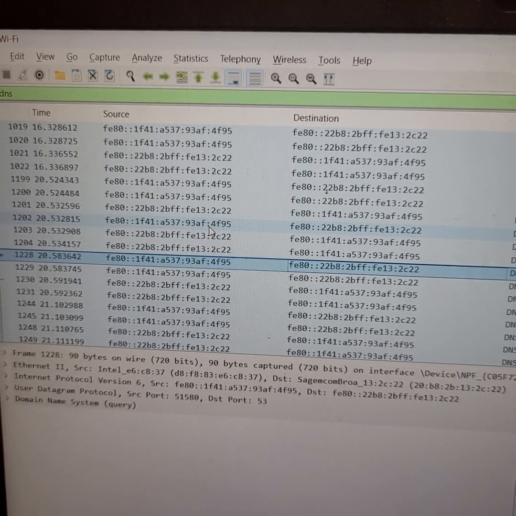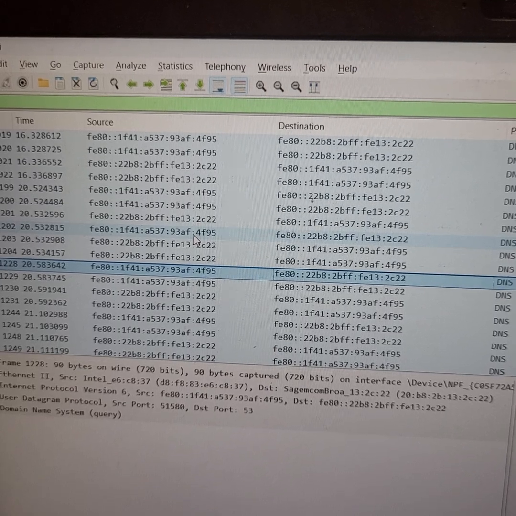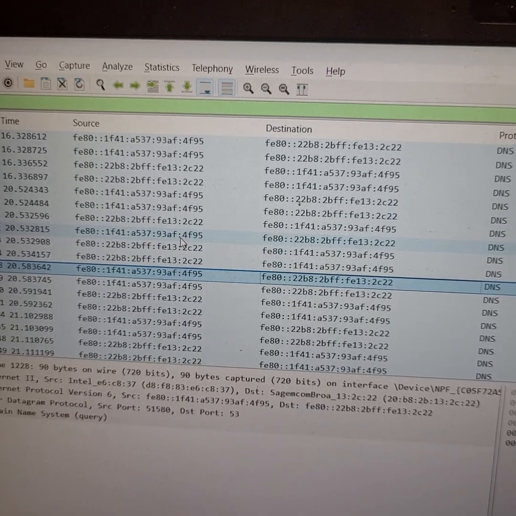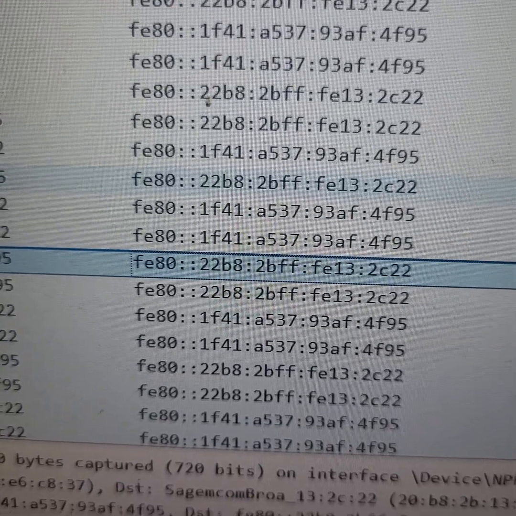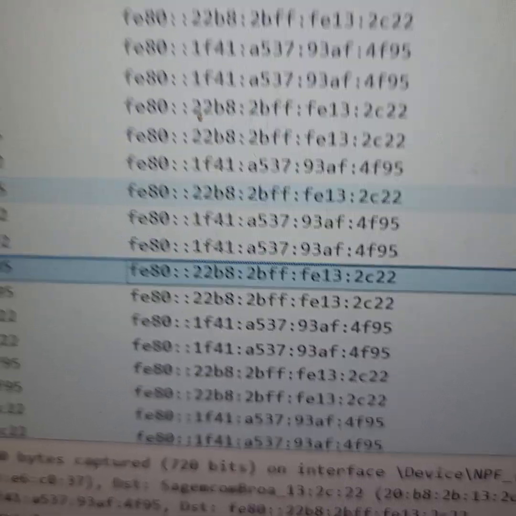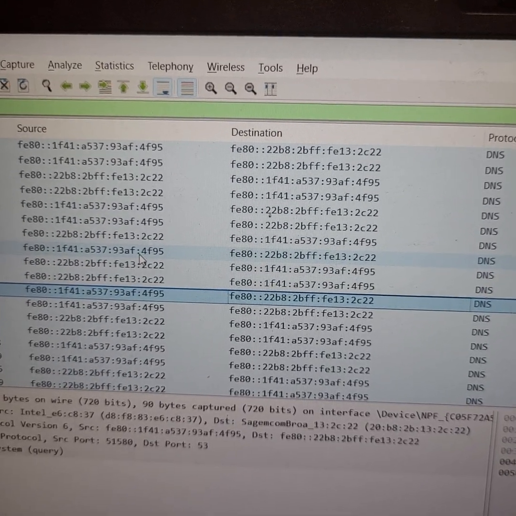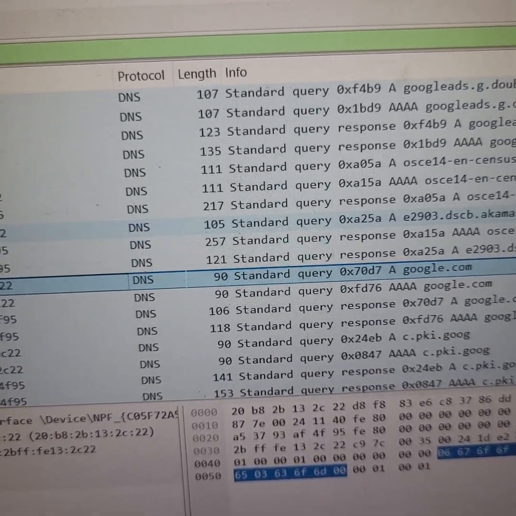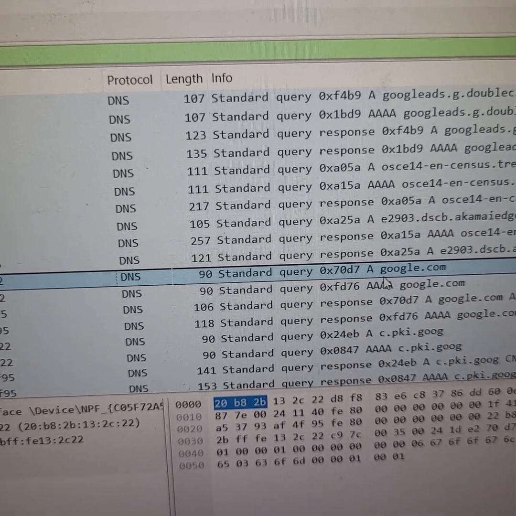So here our DNS packet that is used to resolve the address google.com, the URL I should say, is resolved using the DNS server, which is this one, fe80:22b8:2bff:fe13:2c22. So this is the DNS server or DNS application residing on the broadband gateway that I have at my home, right? As you see here, it's a standard query, which says standard query and it is of type